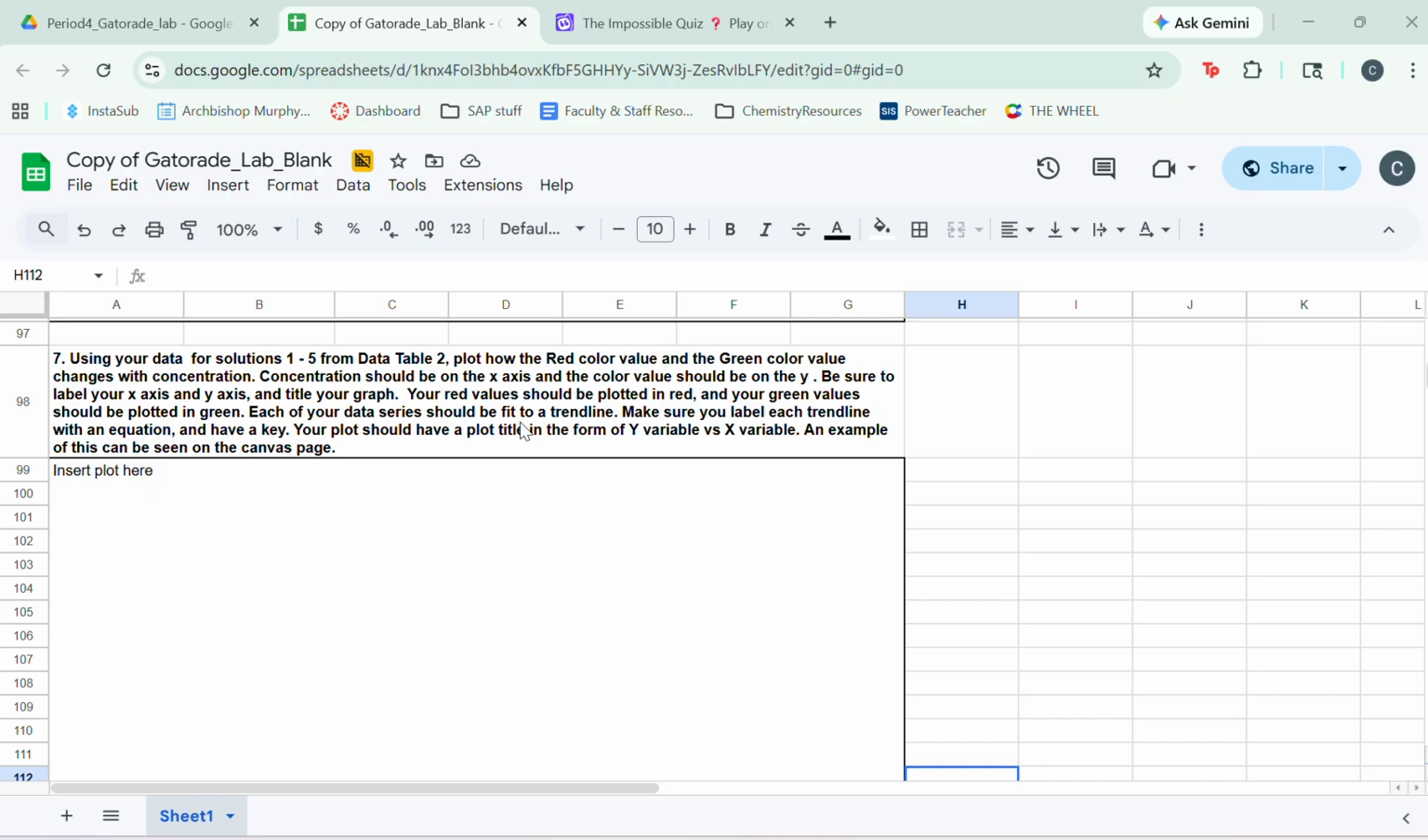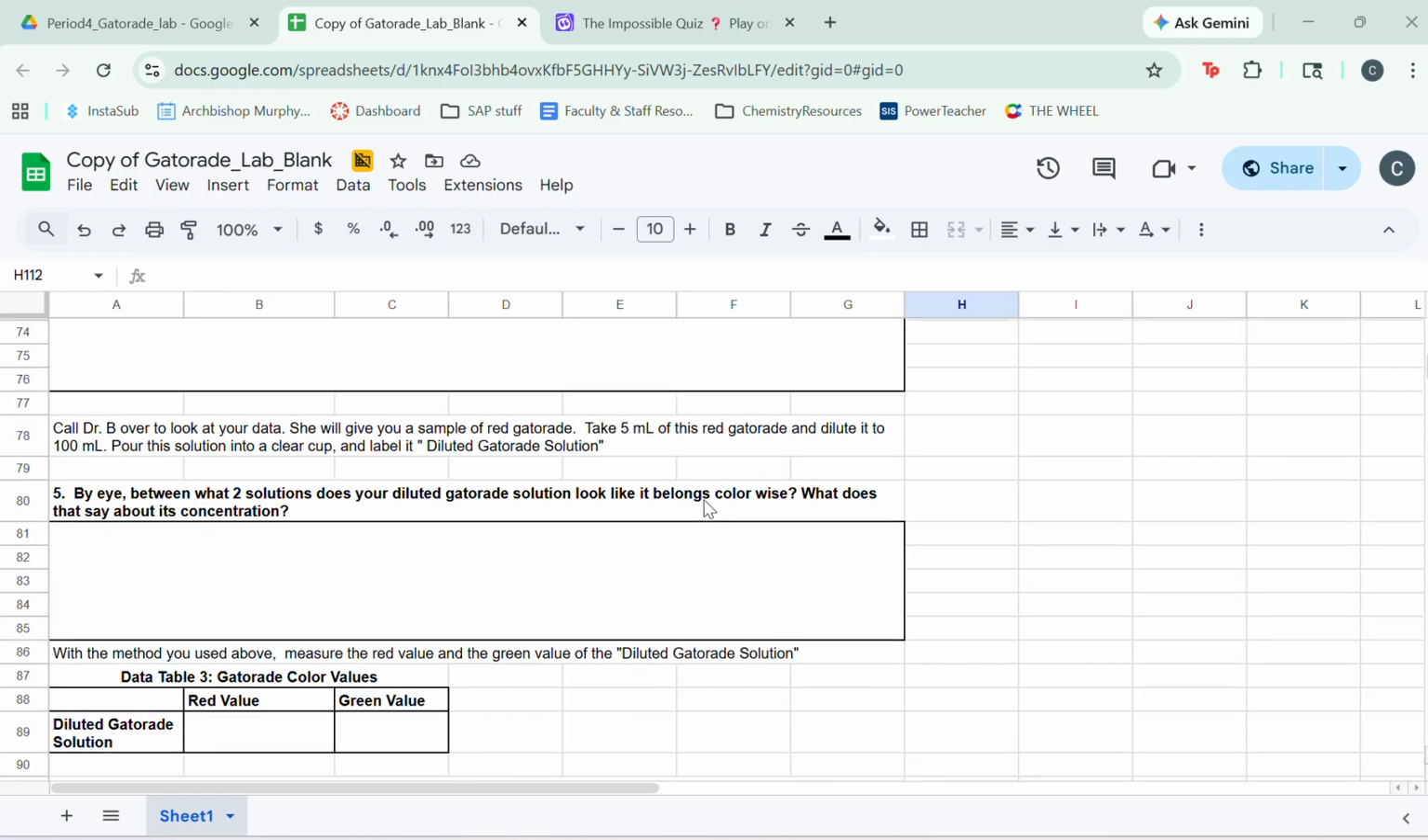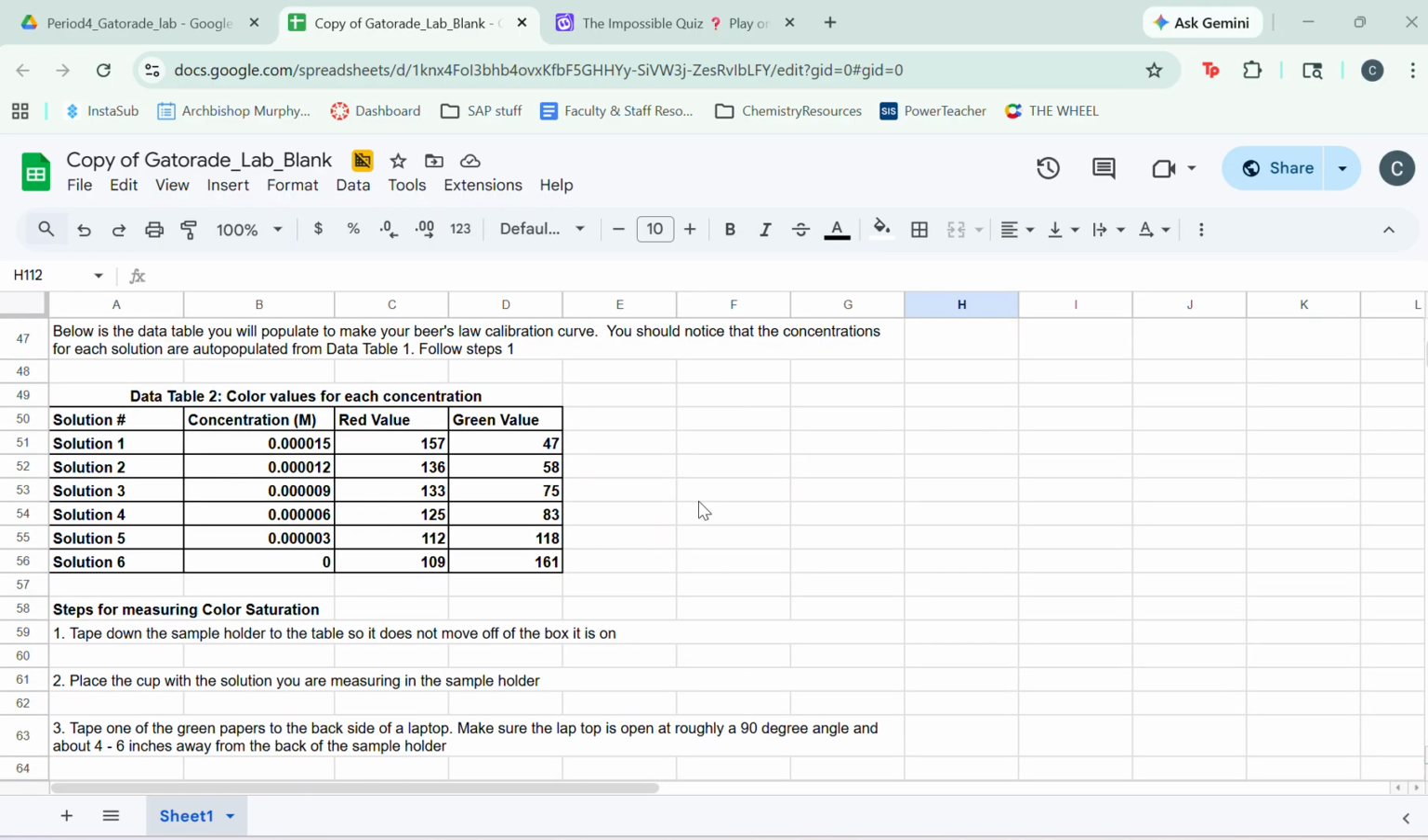Your data series should be fit to a trend line. Make sure to label each trend line with an equation and have a key. Your plot should have a plot title in the form of y variable versus x variable, and there's an example on Canvas. The first thing you're going to do here is scroll up to data table 2